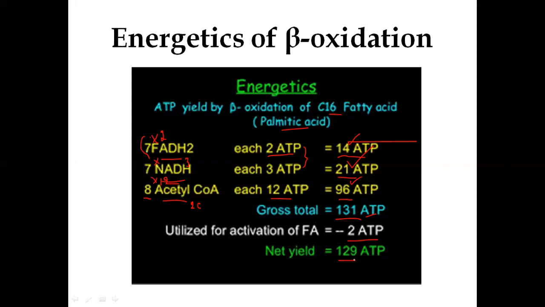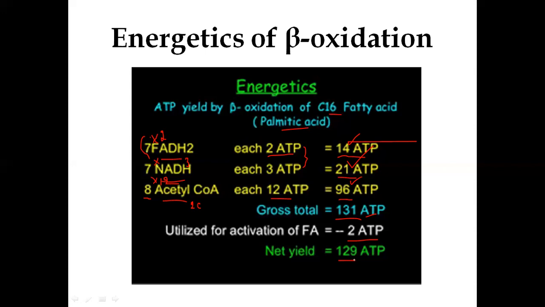In beta oxidation, there are 4 steps, and they release the end products: one molecule of FADH2, one molecule of NADH2, one molecule of water, and one molecule of acetyl CoA. So these FADH2 and NADH2 are the energy sources. They enter the electron transport chain and release the energy.